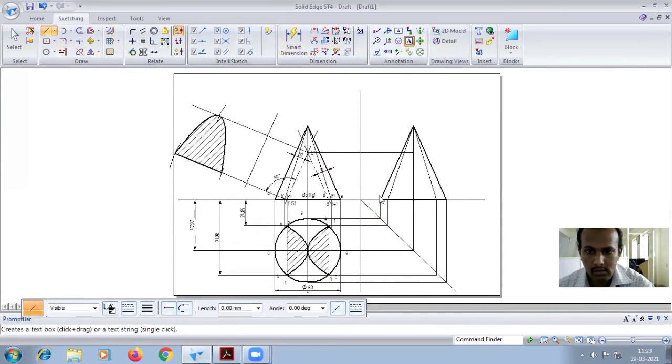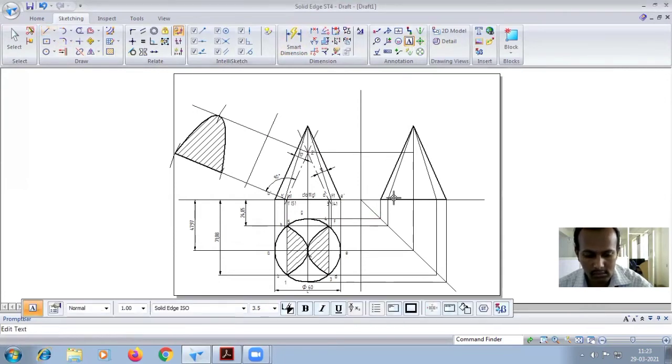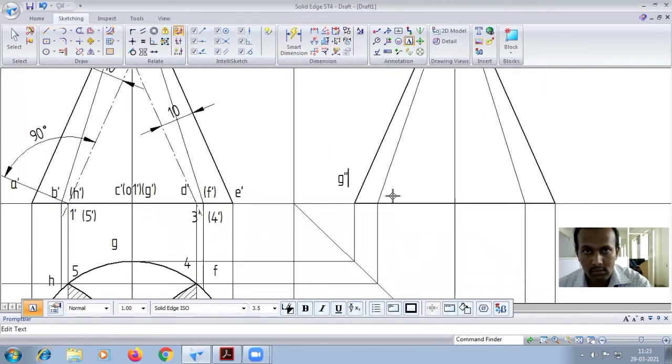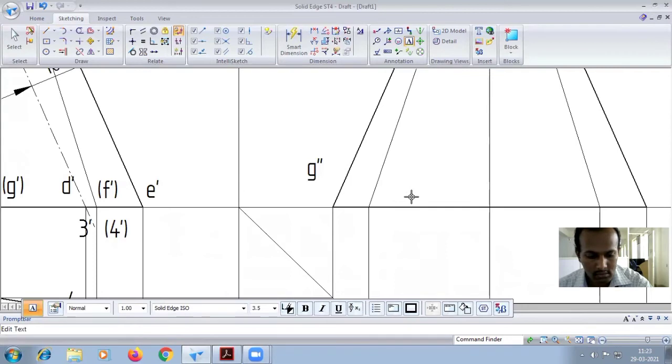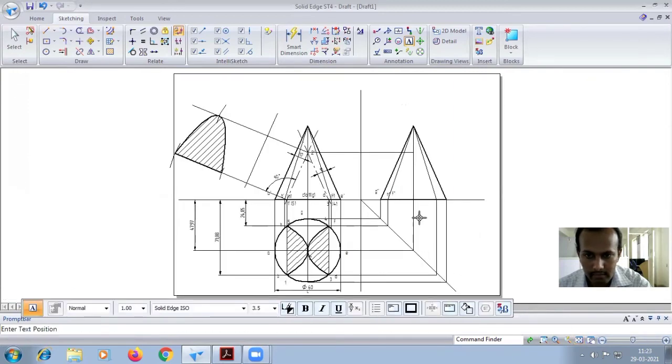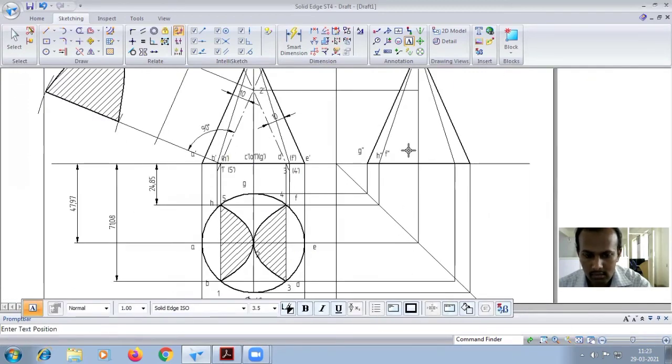Okay, so first you will get the G dash here, A B C D F G. G will be on top. G double dash you have to write. See, look at this one, G double dash. So next H double dash. Okay, and here on the right side will come F double dash. As it is, you have to do the naming. So in the center it will come A double dash and E double dash. Okay, and B double dash and D double dash.